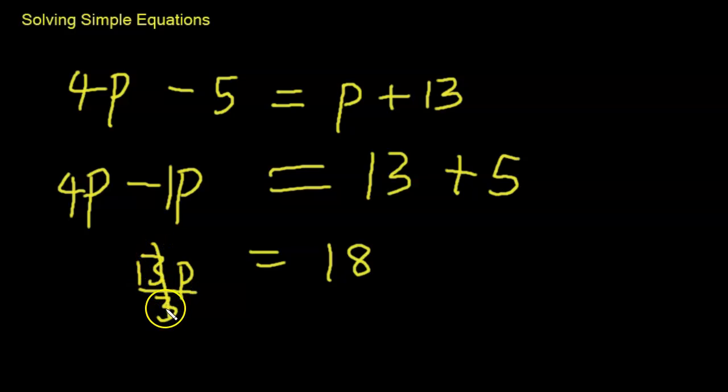Remember, anything divided by itself will give you 1. So 1p, still p. But remember, since you divide the left hand side by 3, you also need to do the same to the right hand side. So here we have 1p, which is just p. And 18 divided by 3, which is 6. So the value of p is